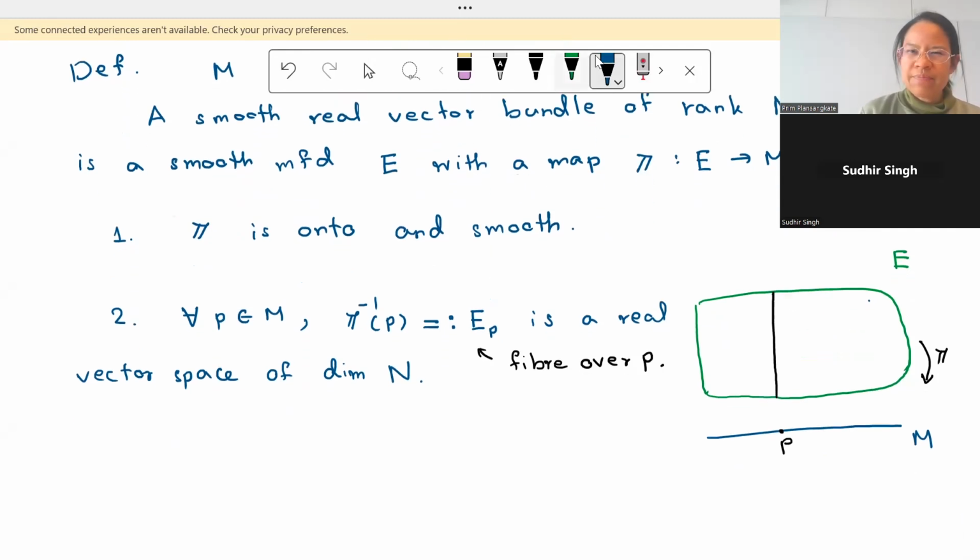Okay. Later, I will be talking about complex vector bundle as well, but I will define it later when we use it. In that case, the fiber will be a complex vector space. We will see it later. Okay, the last property. What we want is that locally,